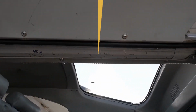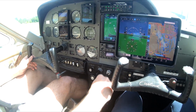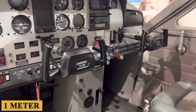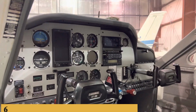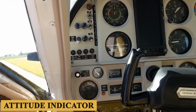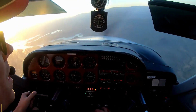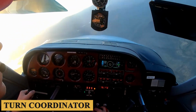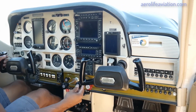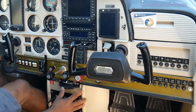over the back seats. Now, let's talk about the avionics suite. The instrument panel, which spans roughly 3.5 feet or 1 meter in width, generally follows the classic T formation with its 6 primary flight instruments. You have your airspeed indicator, attitude indicator, altimeter, vertical speed indicator, heading indicator, and turn coordinator. The control knobs for the throttle, mixture, and propeller are centrally located, and there is the added landing gear control